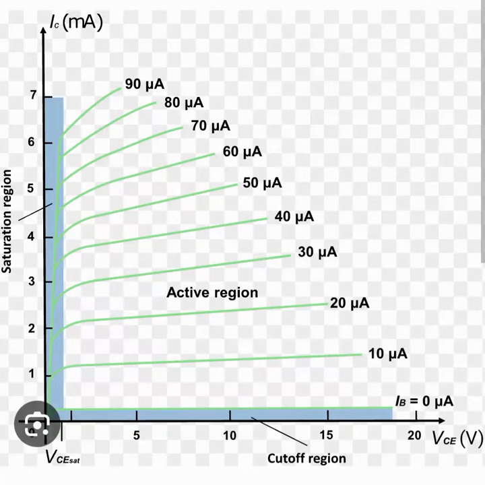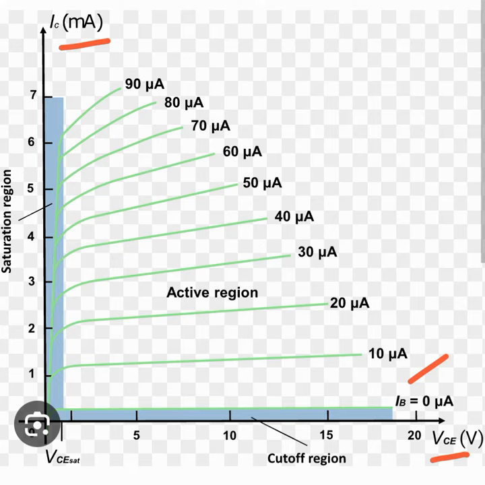So this is the output characteristics of a transistor when it is biased in a common emitter mode. In common emitter mode, the output current is the collector current IC and the output voltage is the voltage across collector and emitter, and the input current is the base current, that is IB. So you see, when the base current is 0, you have the collector current that is also 0